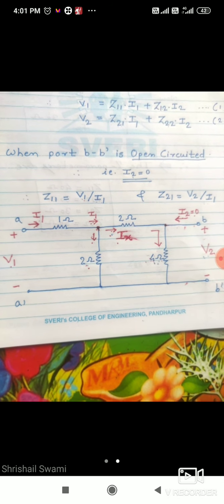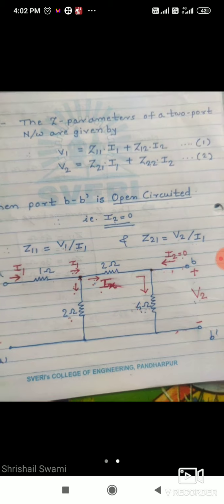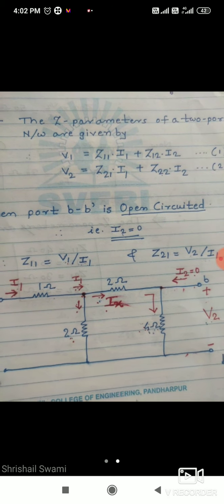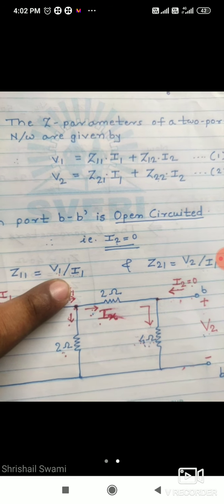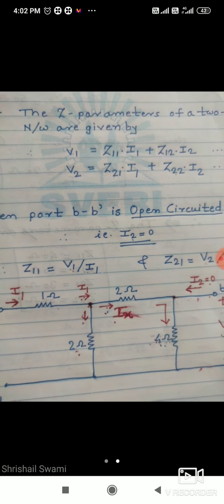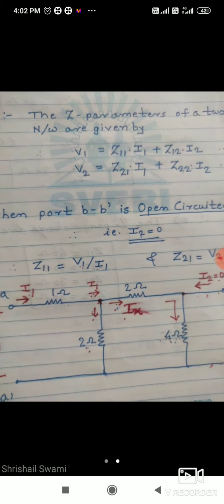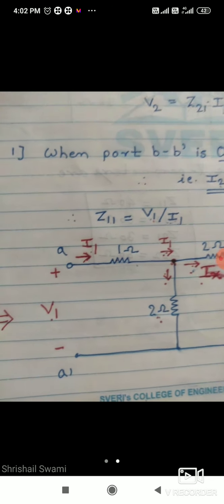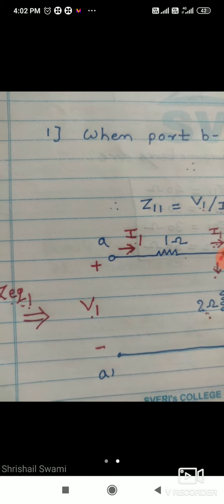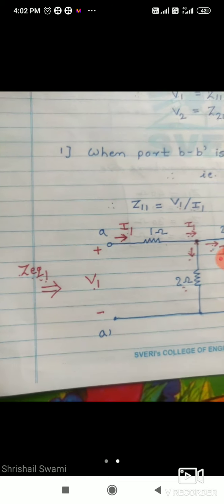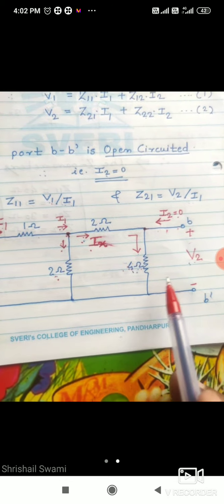Okay, completed. So now, as already discussed, I already solved in the last example what I told. Whenever the variables are of same port, V1, I1, so simply find out what equivalent impedance from that side. So V1 upon I1, these are the port 1 variables. So find out Z equivalent 1. So mark the Z equivalent 1 like this. Observe from this side, observe from left hand side. So observe from left hand side and measure from opposite side.